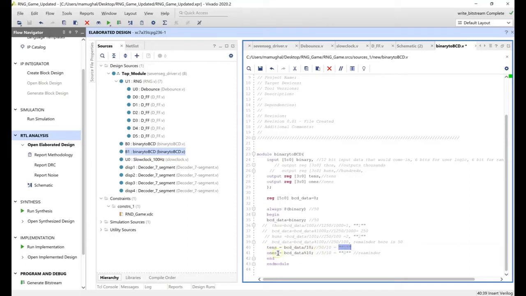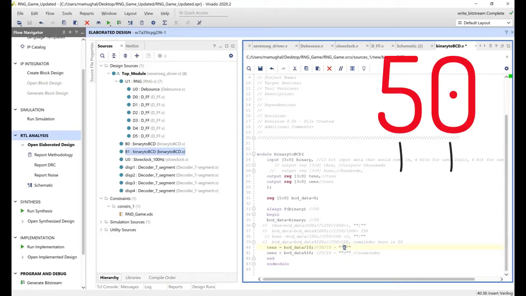And then ones equals BCD data remainder 10. If you divide 50 by 10, then what will be the remainder? Well, the remainder is going to be 0 because 50 is exactly divisible by 10. And therefore you get 0 here, correct? So 5 will be displayed on the tens digit, 0 will be displayed on the ones digit, and therefore it makes a